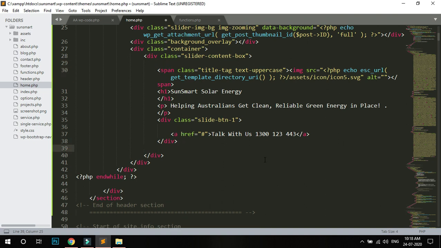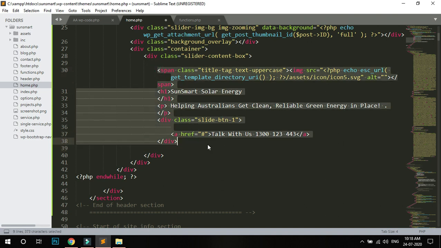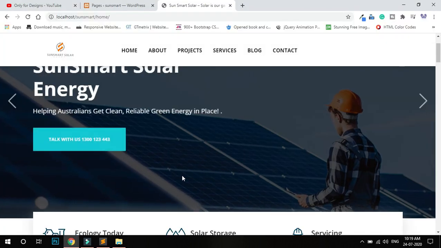I think you should know that if I paste this HTML in the back, in the content box of WordPress, it's showing like this.